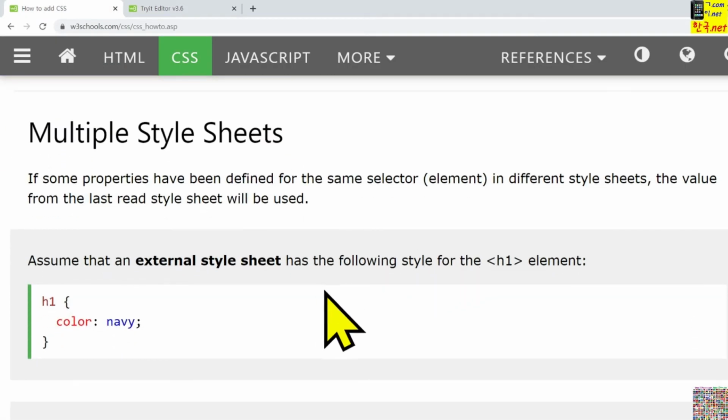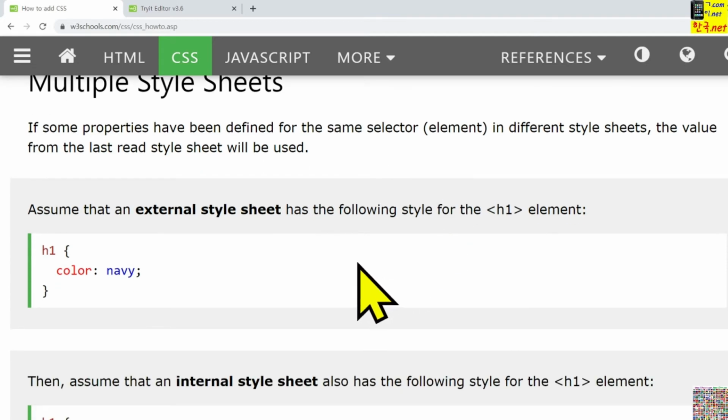And multiple style sheets. If some properties have been defined for the same selector in different style sheets, intentionally or sometimes by mistake, the value from the last read style sheet will be used. Then which one will be applied? If we are defining in multiple ways,